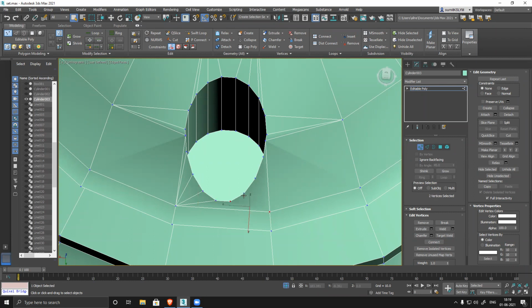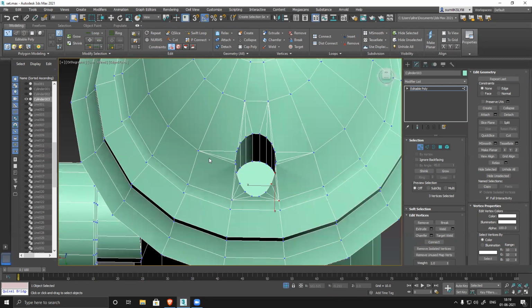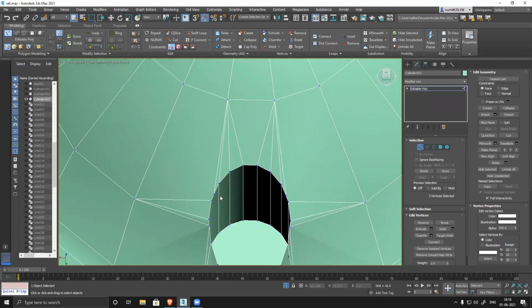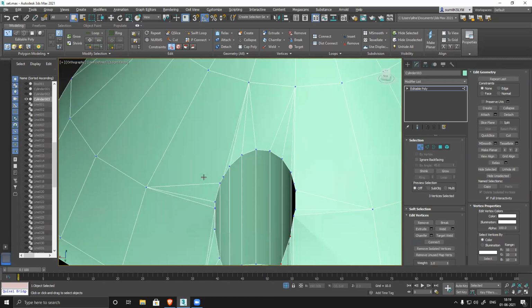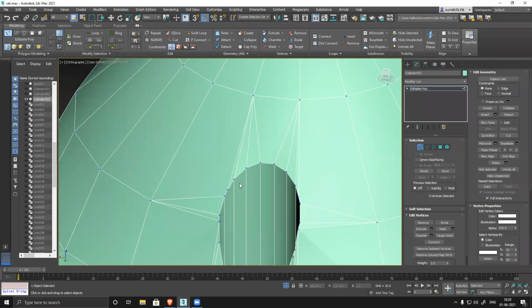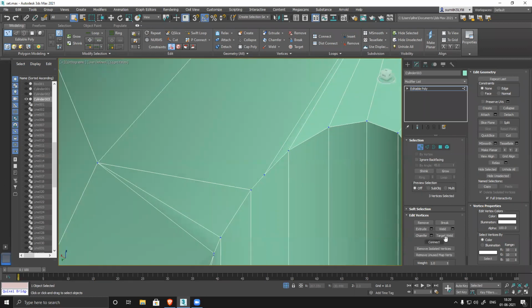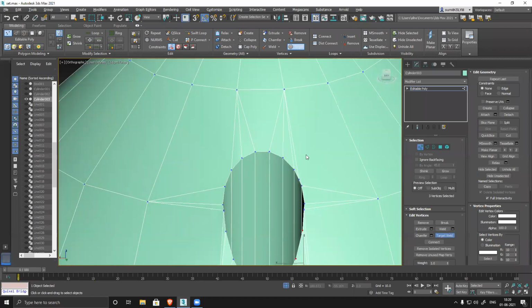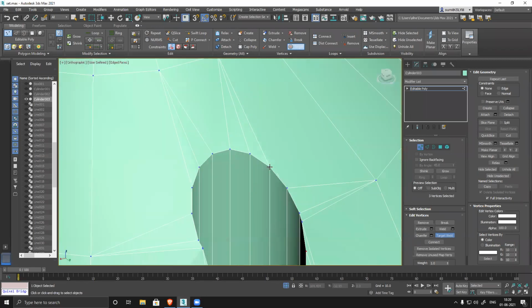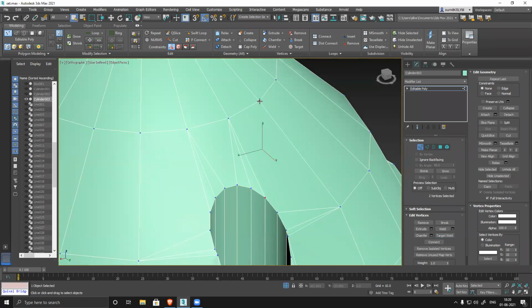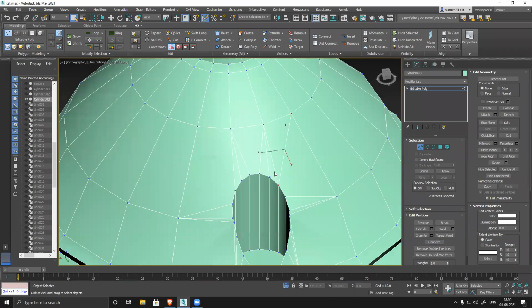So keep it in this mode. Otherwise it might move or something. This edge, you can see, this is wrong. Connect.